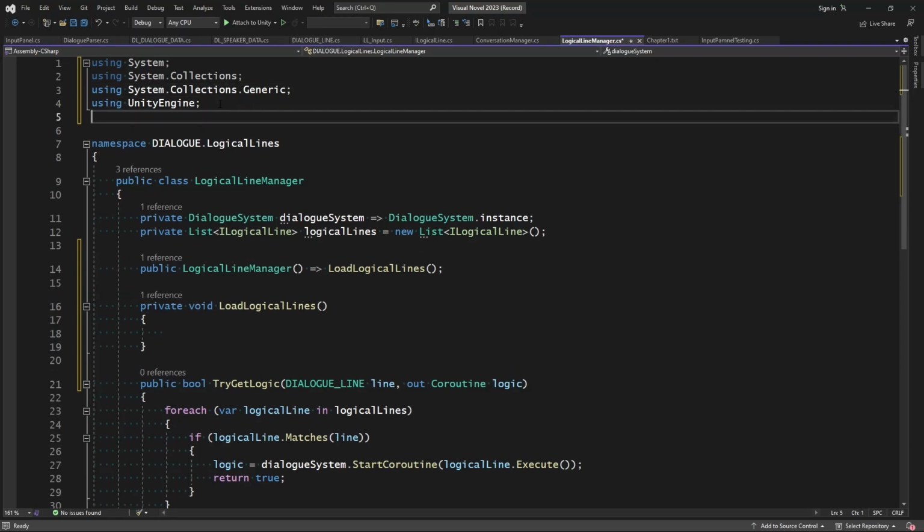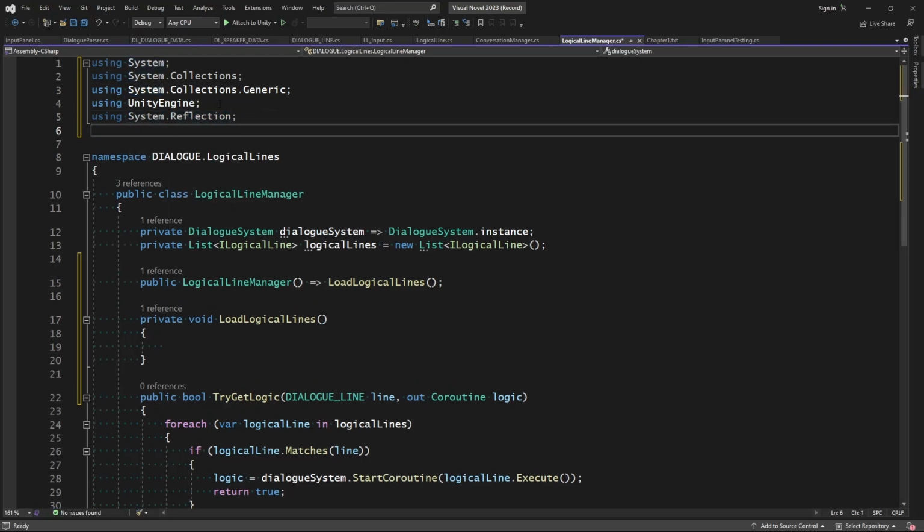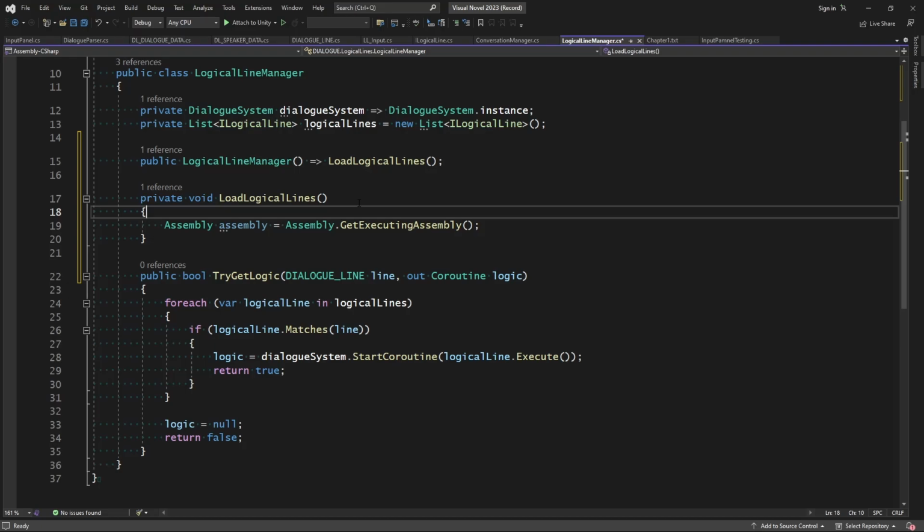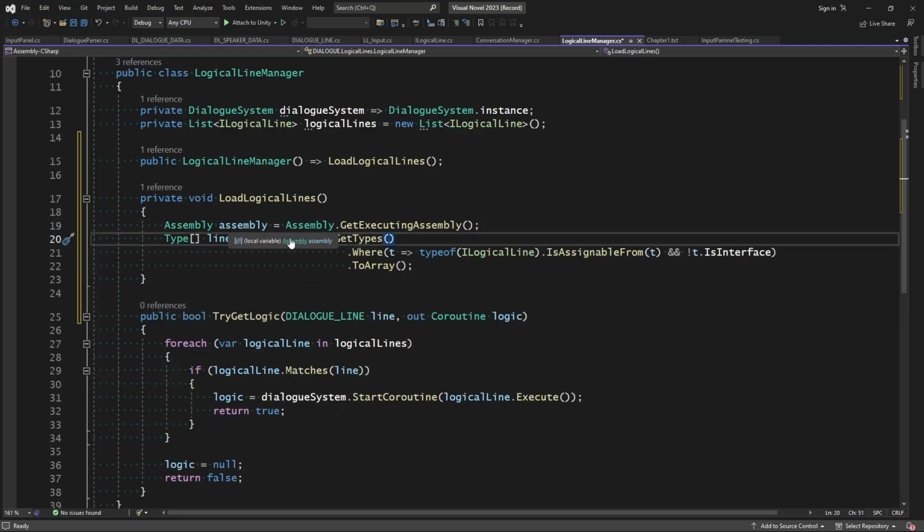What we're going to need up top, let's do using... what is it? It's System.Reflection, yeah. And we're also going to need some LINQ, so using System.Linq. All right, now let's go ahead and grab everything. We'll start by grabbing our assembly. That way we can get all the code in it. And then we'll go ahead and get all the types in the assembly so we can evaluate them,